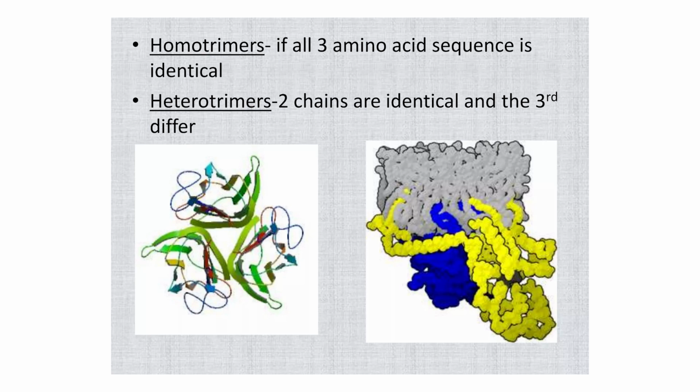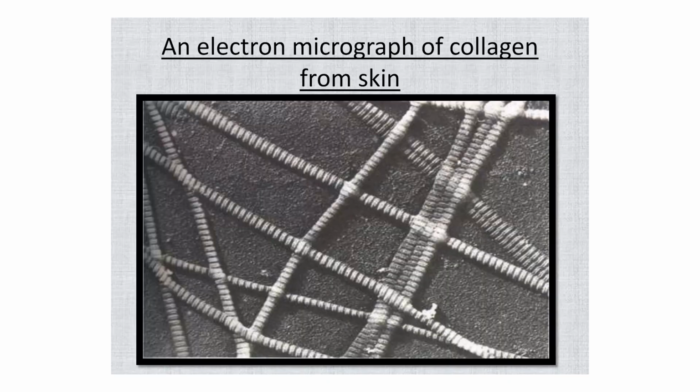Now, homotrimers: if there is more than one polypeptide chain forming a particular structure, this amino acid chain can be homotrimers. That means all the amino acid residues in the sequence are identical, and it can also form heterotrimers if two chains are identical and the third one differs. So, all the three chains can be identical or they can differ. So, it can be homotrimers or heterotrimers, and in the diagram you can see the electron micrograph of collagen